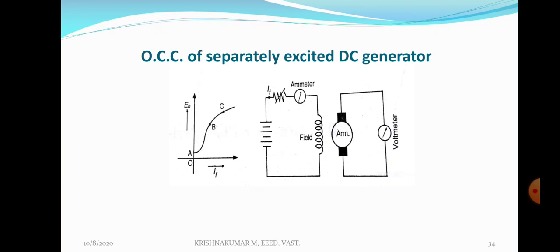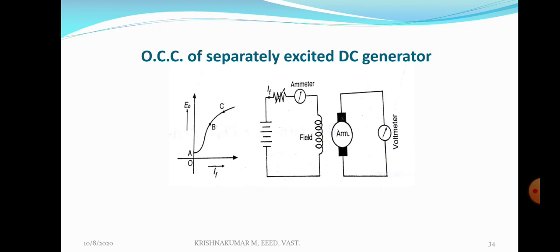Even when the field current is 0, some flux exists in the winding. That flux is residual flux or residual magnetism. Due to that residual flux, an EMF is generated in the armature. That EMF is OA. So OA represents EMF due to residual magnetism. Saying the definition once again, residual magnetism is the amount of magnetism retained in a material after the